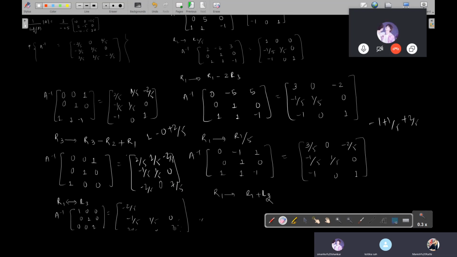Let me write that first. What will be the values? Values are, if I change, 2 by 5, 1 by 5, minus 2 by 5, 0. The value that is being altered is this one. So 7 by 5 we are getting, right? 1 minus 0. Oh, sorry, it is minus 2 by 5 plus R1, which means minus 2 by 5. The value is 3 by 5. So it is correct. So if you see, the answer is the same.